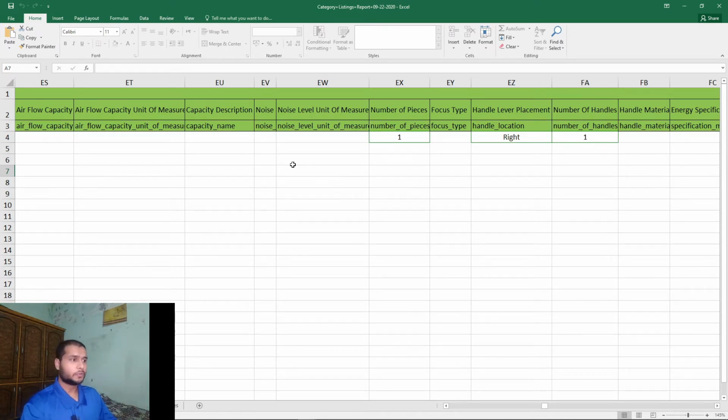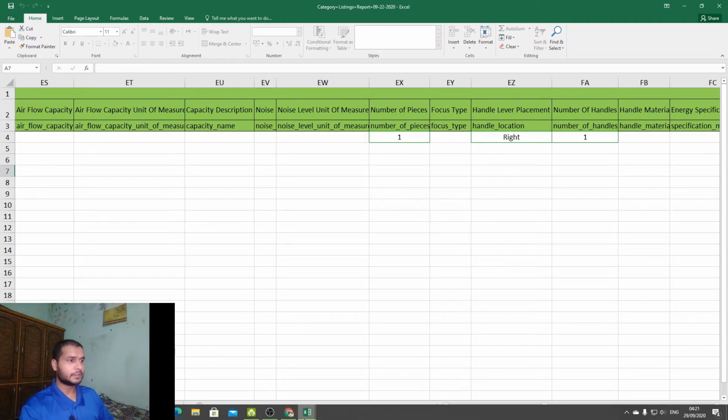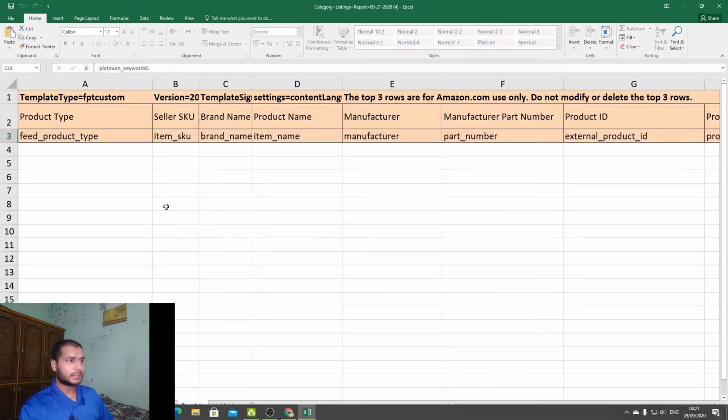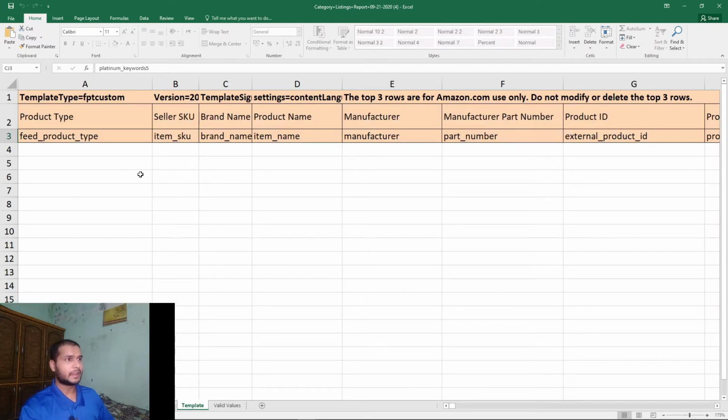For this we use the flat file that you see here, which is almost the same as the category listing report, but here we put the parts we have filled. Then we re-upload it. How we will upload it, we will see in the next video with complete descriptions.